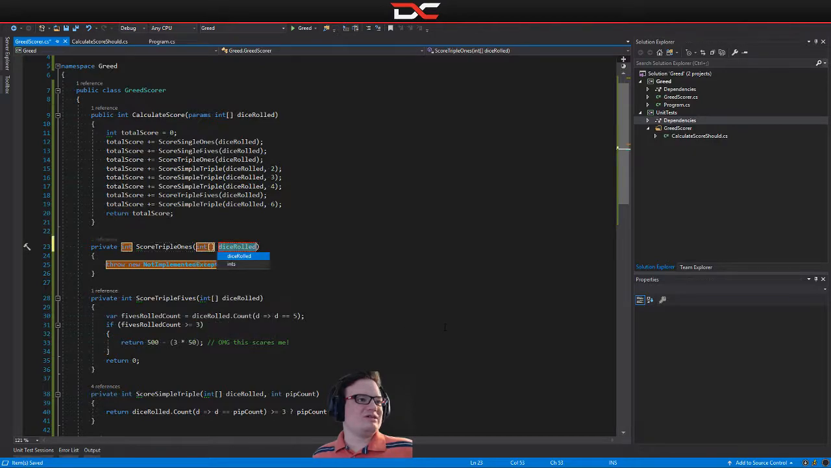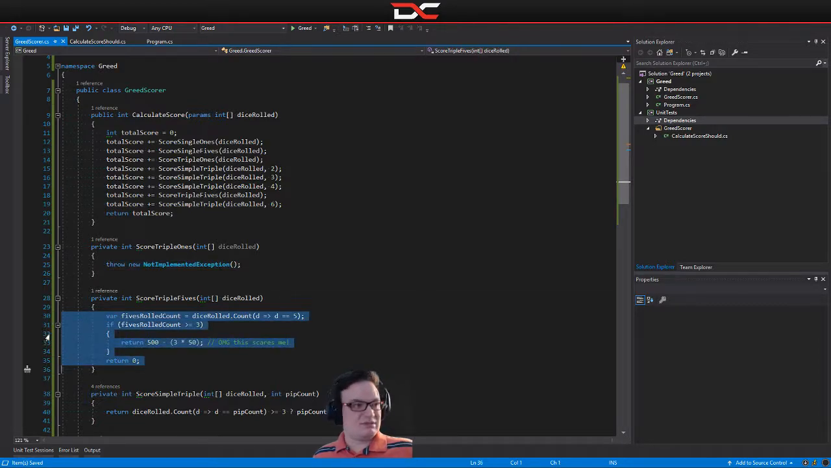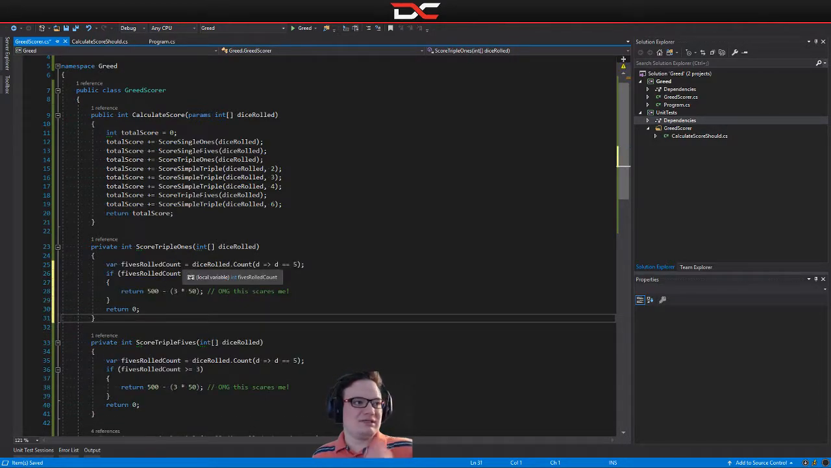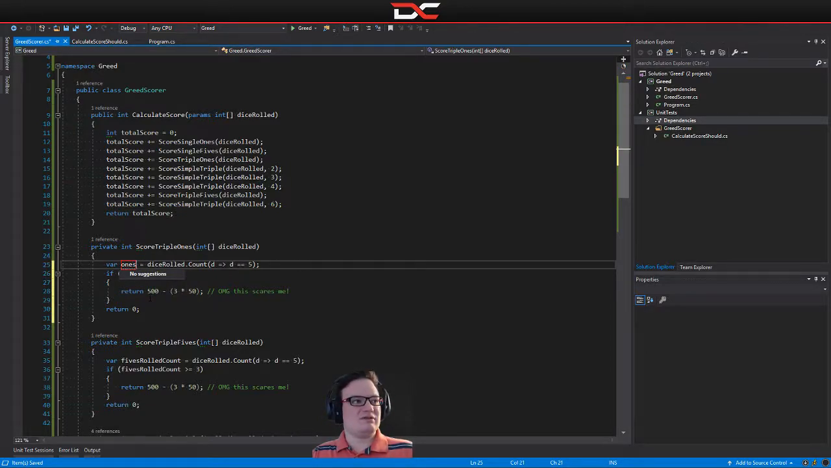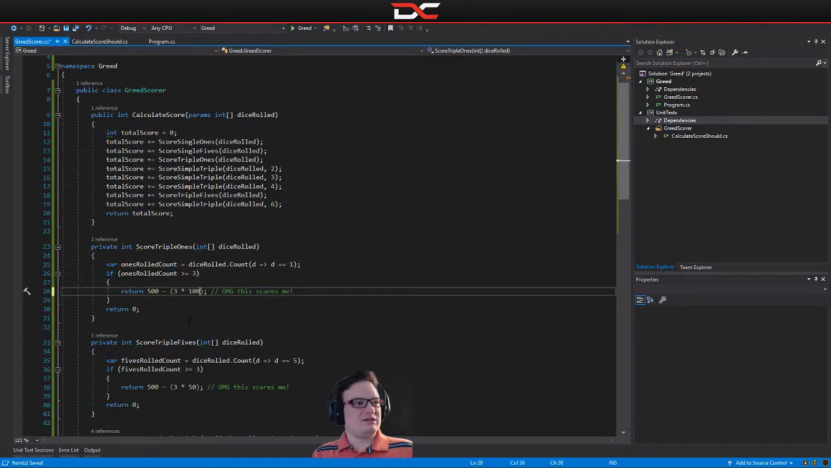Making a method for it. And then doing pretty much the same thing I did here, except I'm not rolling these. Ones rolled count. Helps if I type correctly. Dice rolled, we're looking for the ones this time. And so now instead of subtracting that, we're going to subtract